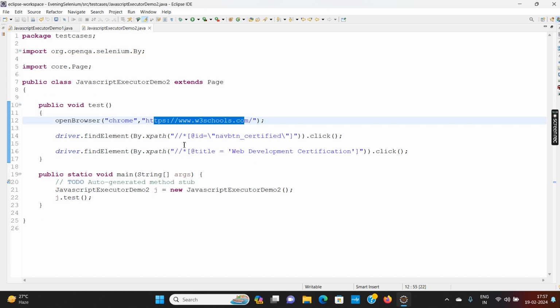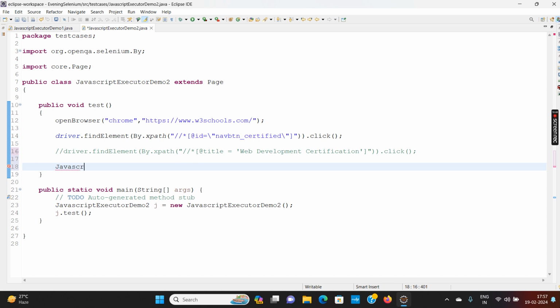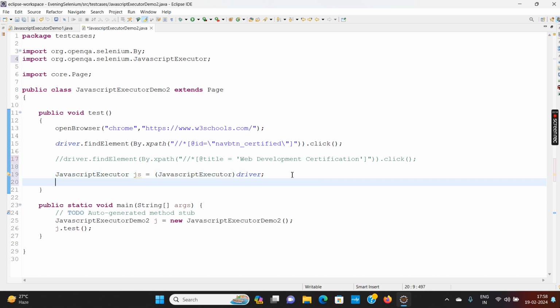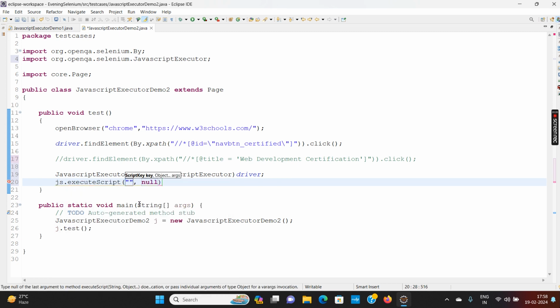Now here the problem is that I'm not able to click on the element. Then again I am commenting it and I am writing the JavaScript executor and driver, like this, and import JavaScript executor and js.executeScript, and within double quotes, again you can directly inject the JavaScript code to your page,